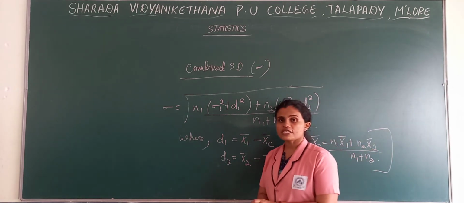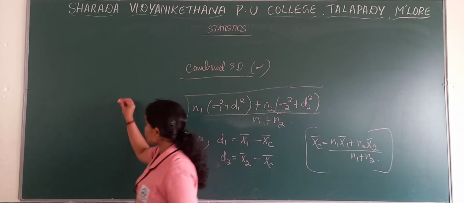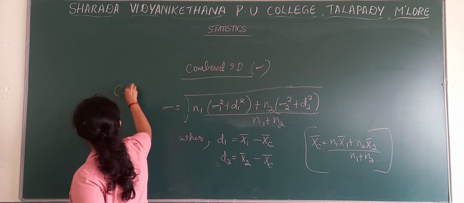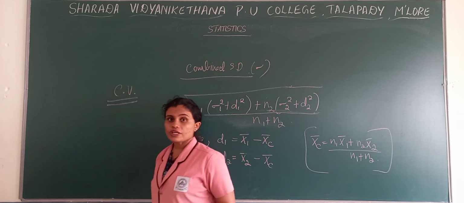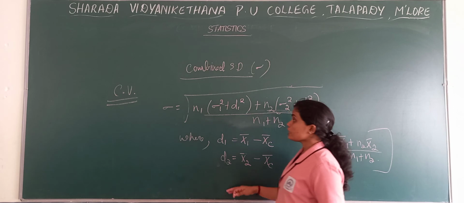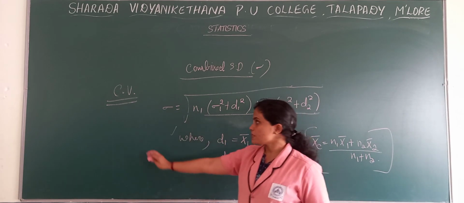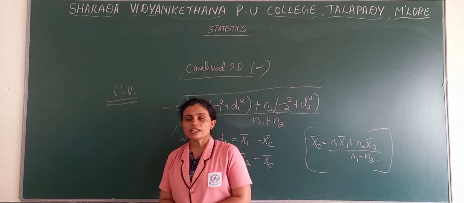After solving combined standard deviation, we have the last topic in case of standard deviation, that is coefficient of variation, where you get 10 marks questions from this particular topic. So in the next section we will see the combined arithmetic mean and then we will see coefficient of variation. Then we can move towards the